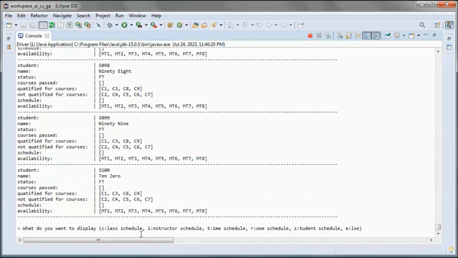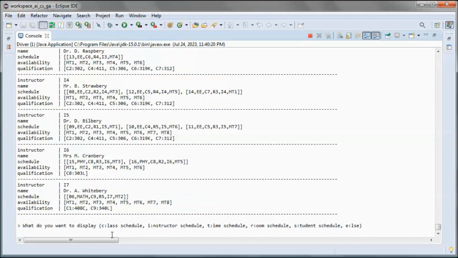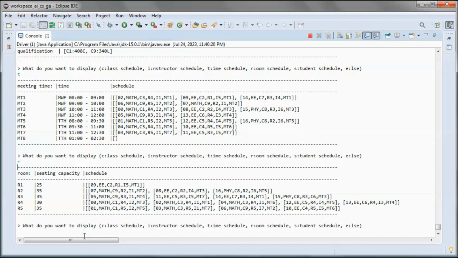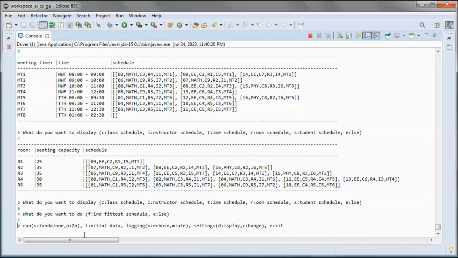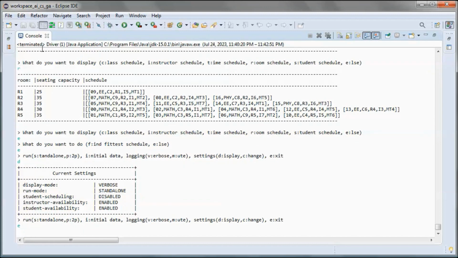And the remaining is the same, so this is class scheduling except no auto-registered students, and this is instructor scheduling, and the time schedule, and the room, and we just did student. So this is the settings, and for now let's exit this one.